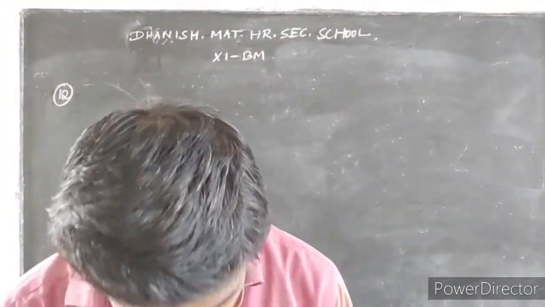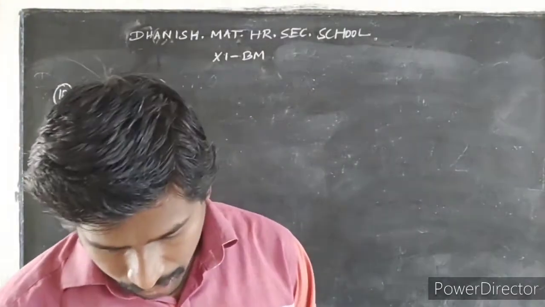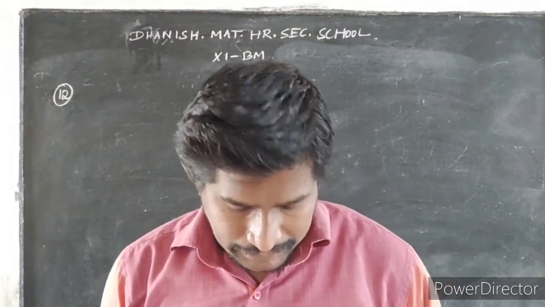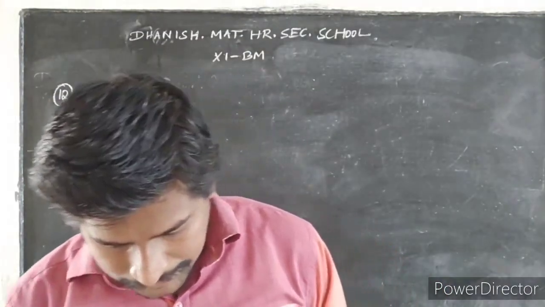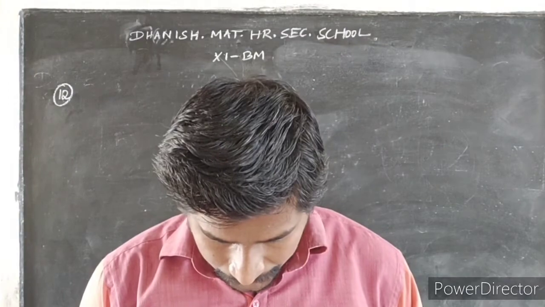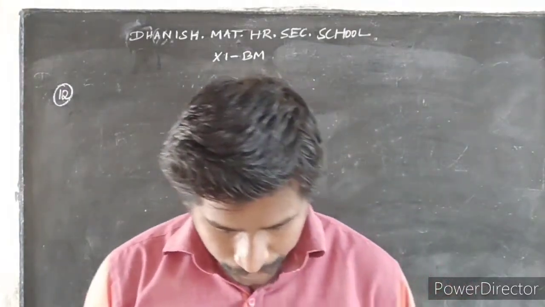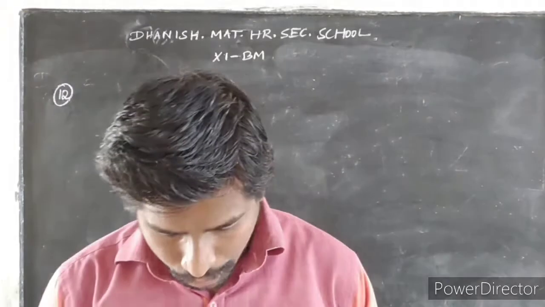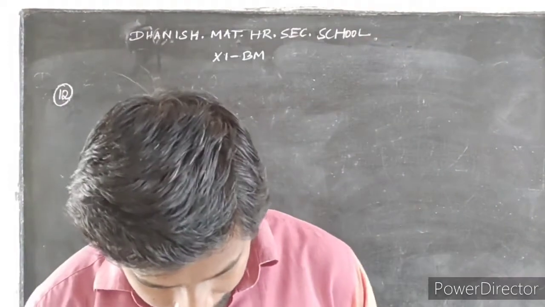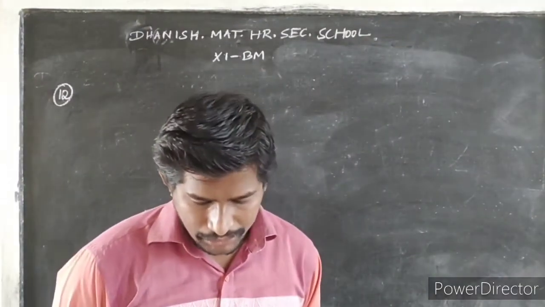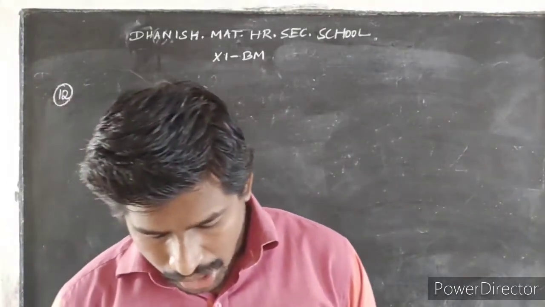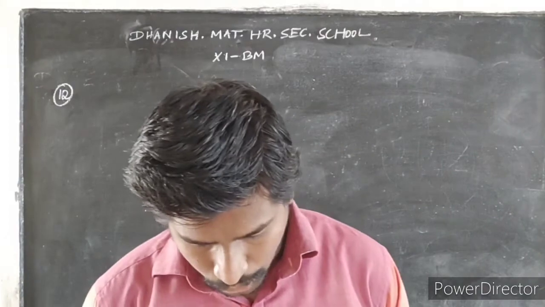Look at the 12th sum. The demand function of a commodity is P equal to 200 minus x by 100, and its cost C equal to 40x plus 120, where P is the unit price in rupees and x is the number of units produced and sold. Determine the profit function, average profit at an output of 10 units, marginal profit at an output of 10 units, and the marginal average profit at an output of 10 units.